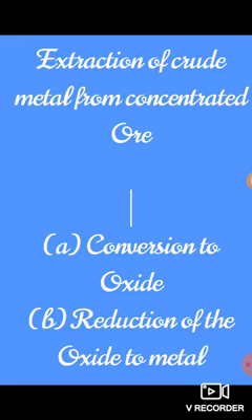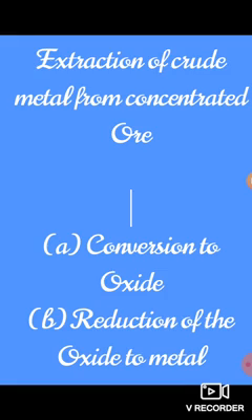So to extract metal from concentrated ore, it must be converted to a form which is suitable for reduction of metals. Usually the sulfide ores are converted to oxide before reduction because oxides are easier to reduce. Thus the isolation of metals from concentrated ores involves two major steps. The first one is conversion to oxide and the second one is reduction of the oxide to metals. So we will discuss the first, the conversion to oxide.